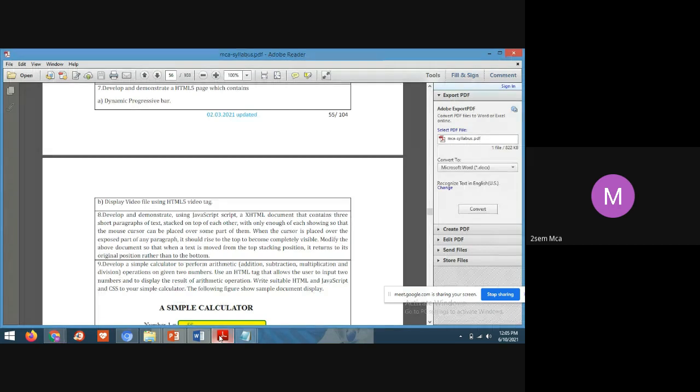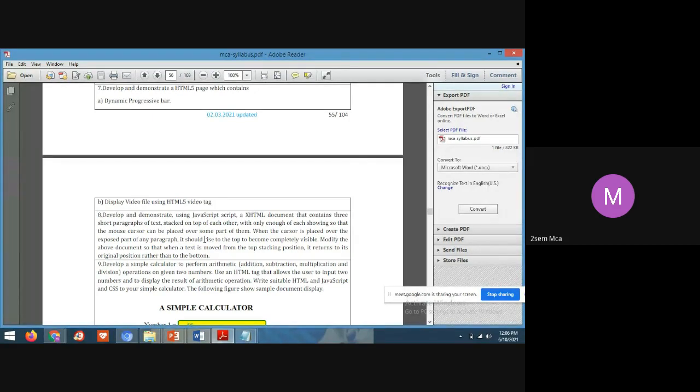But in the question, what they are saying is develop and demonstrate a program using JavaScript and an XHTML document that contains 3 short paragraphs stacked on top of each other, showing enough information.